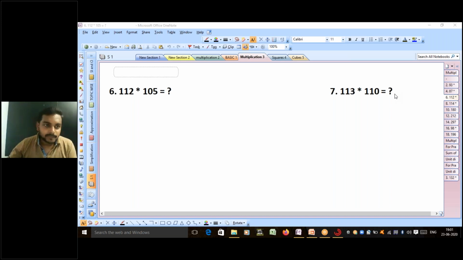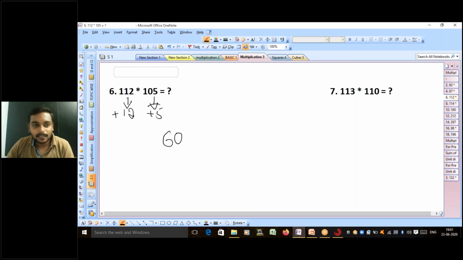Okay, here we have 112 multiply with 105. Just take base as 100. From 100 it is 12 more. From 100 it is 5 more. So 12 5s are 60. We have a 2-digit number, so don't carry forward any number. So 60. Then here the numbers are greater than 100, so it is plus 5. Just add 5 to 112 or just add 12 to 105. Both are the same. So 112 plus 5 will become 117, then 60. So answer is 11,760.